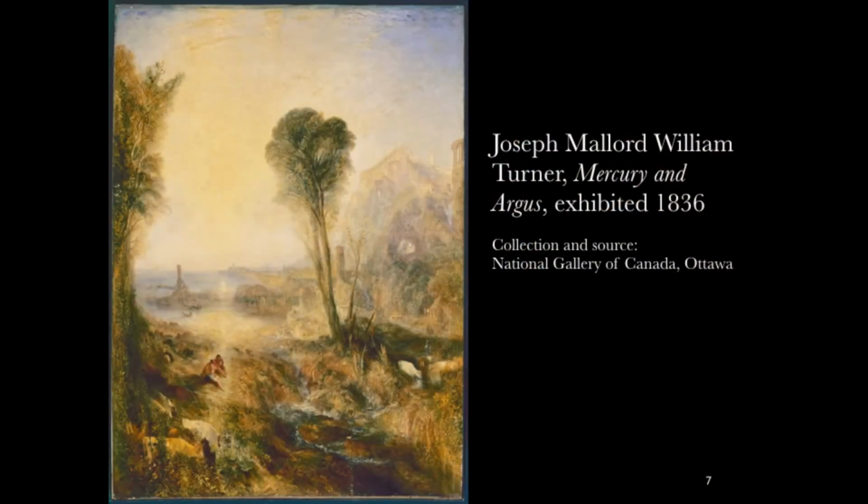In contrast, Ruskin led the reader to the works of Turner, using this painting, Mercury and Argus, as an example. And this is a lengthy quote, so you can look at the painting as you are listening to Ruskin's words. Abundant beyond the power of the eye to embrace or follow, vast and various beyond the power of the mind to comprehend, there is yet not one atom in its whole extent and mass which does not suggest more than